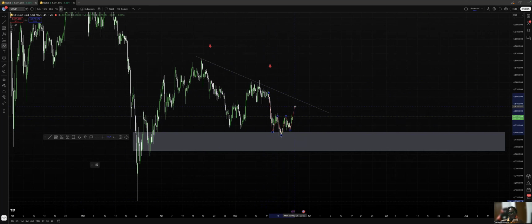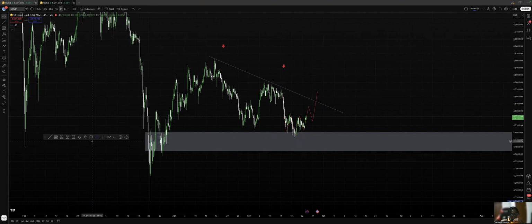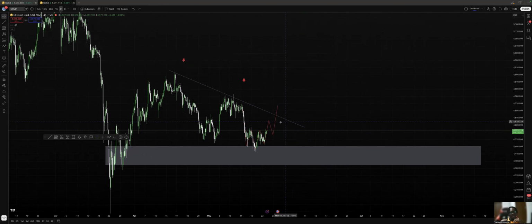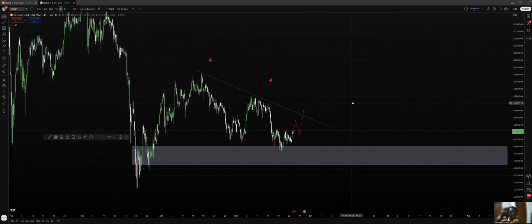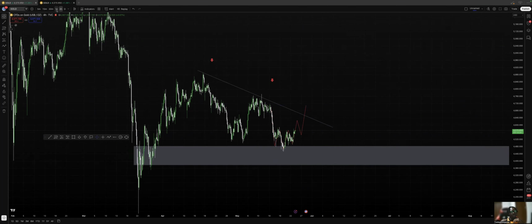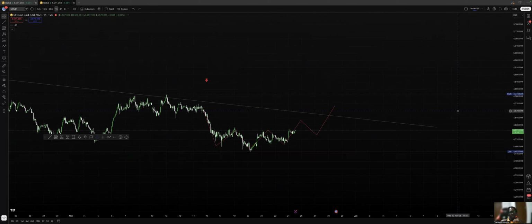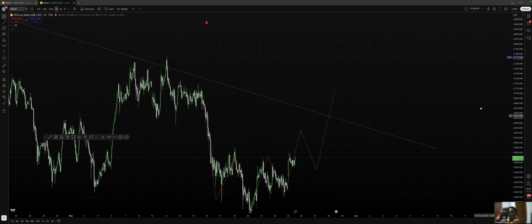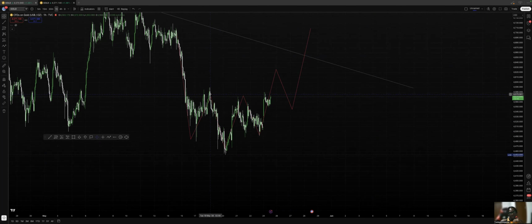I'm seeing a head and shoulders pattern on this demand level, but I'm still going to wait for a breaker, then a retest, before I join this buy. This head and shoulders pattern is the only thing making me consider buying on gold. But either way, I'm still looking for a sell in this market because if price can break this level,